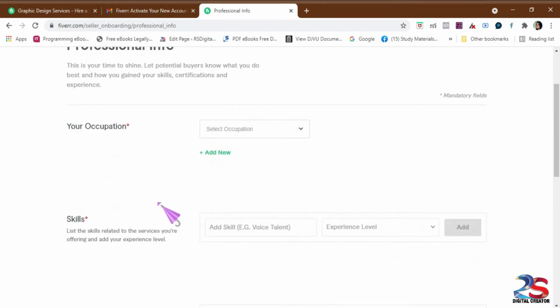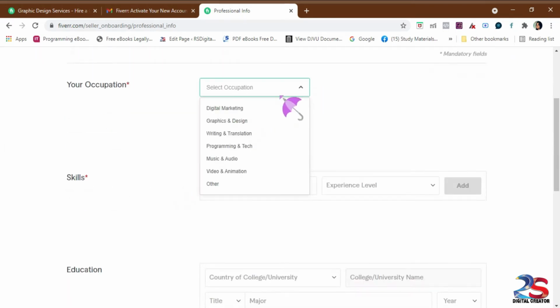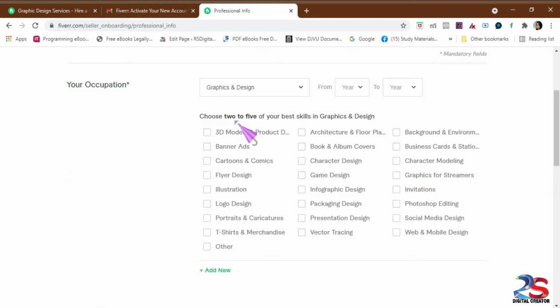You can see some more personal details you need to add, that is your qualification and what type of occupation you can do. So here you check some details that you are able to do.